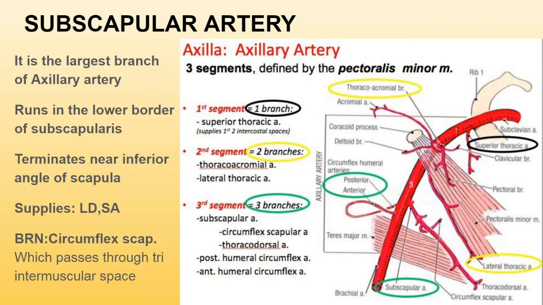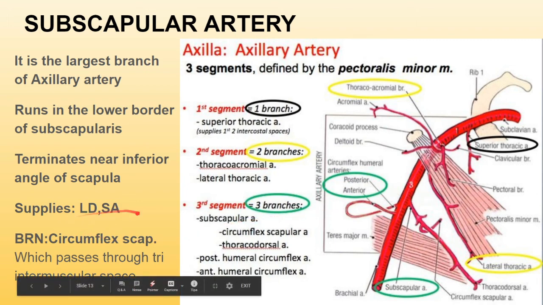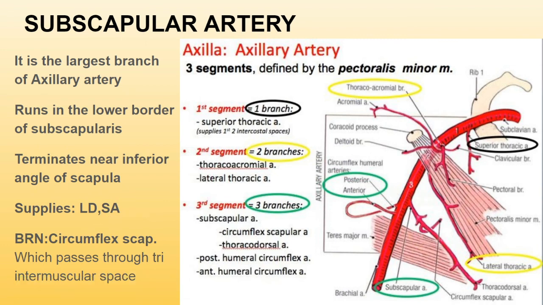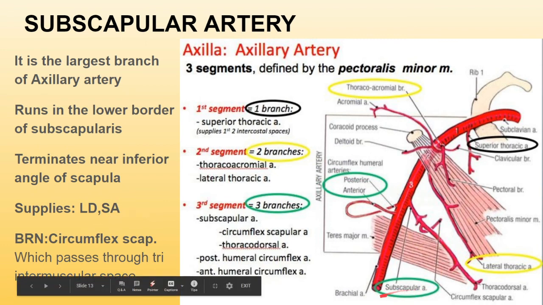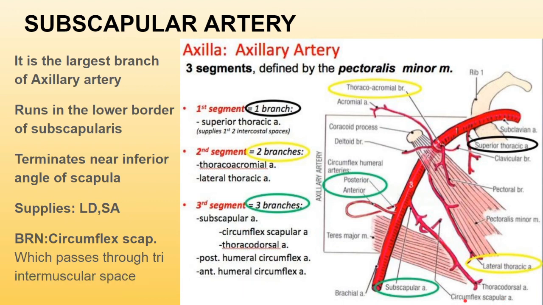and runs along the lower border of the subscapular muscle and ends at the inferior angle of the scapula. And remember, it supplies two main muscles, that means the latissimus dorsi and the serratus anterior. Now the subscapular artery gives off one branch known as the circumflex scapular artery, which is larger than the continuation of the main artery, and this circumflex scapular artery actually runs in the triangular intermuscular space, winds at the lateral